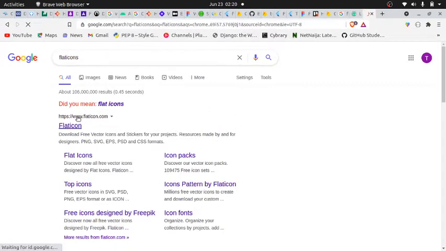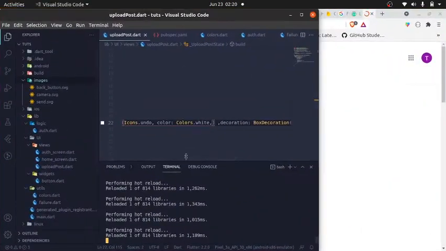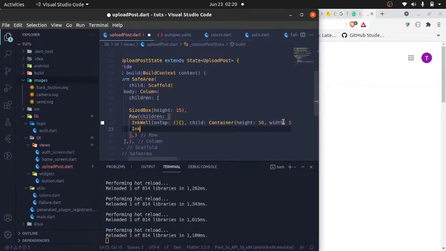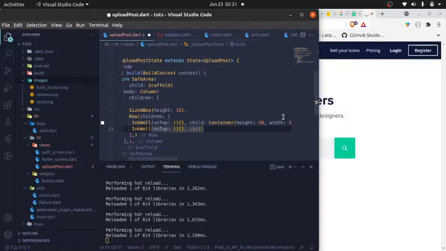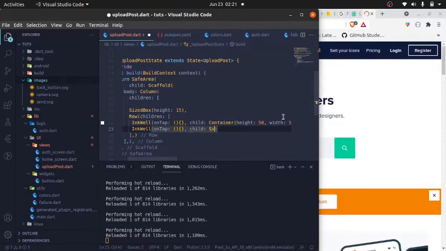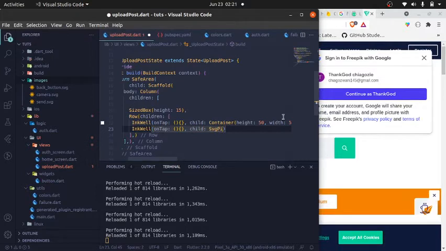flat icon. That is actually loading. What we want to do is to add the second button. So it's going to be inkwell, and it's going to have the onTap too. As usual, it's going to be an empty function for now. We have the child is actually going to be an SVG picture